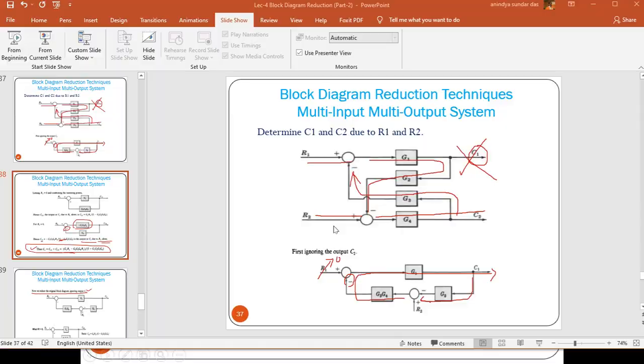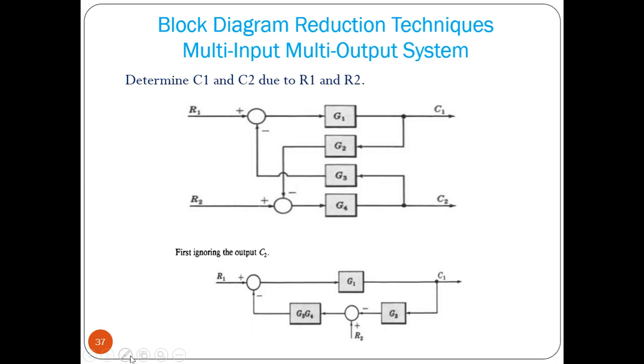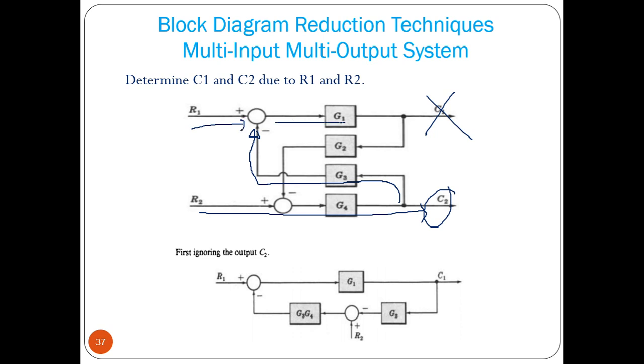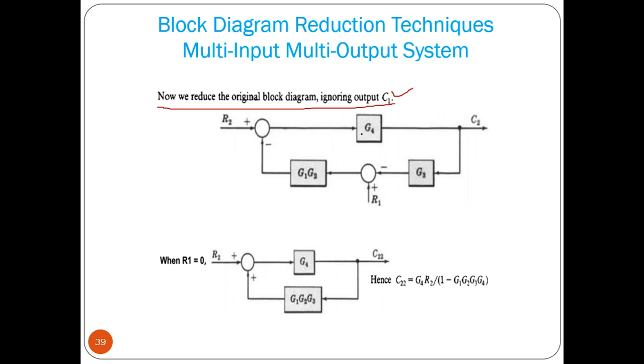So what we can take here, that output is C2. Okay, that we have to consider. C1 we have to neglect. So R2, if we consider, it is directly to C2, right? This is going back to this point, where R1 is connected, and from that it is fed back to this input. So R2 G4 is connected to C2 directly. Okay, that is the part.